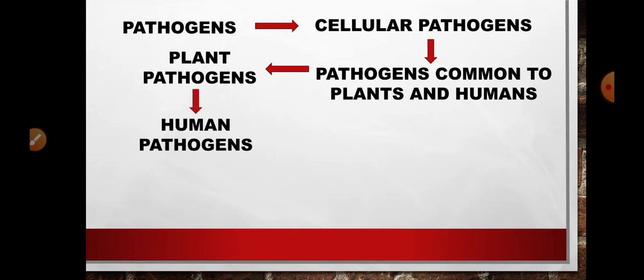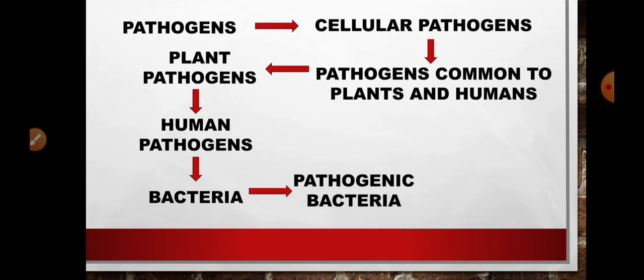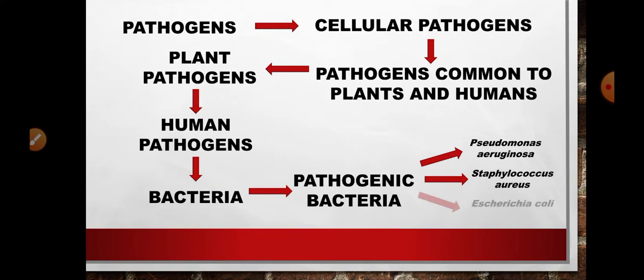Then we highlighted an example of plant and human pathogens known as bacteria. And then we discussed a classification of bacteria known as pathogenic bacteria. After the discussion of pathogenic bacteria, we enumerated common occurring pathogenic bacteria, namely Pseudomonas aeruginosa, Staphylococcus aureus, and